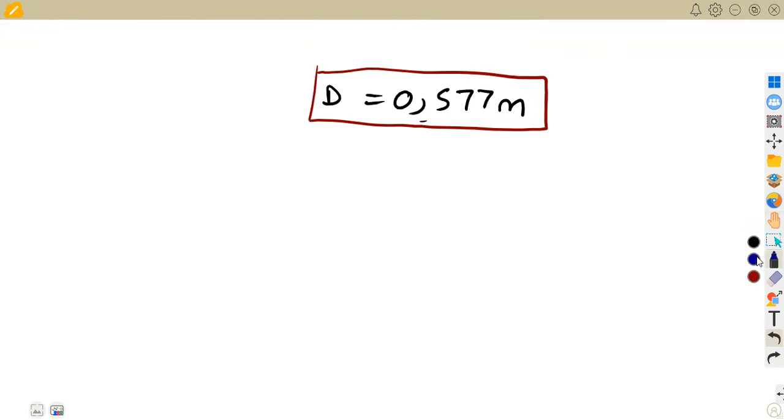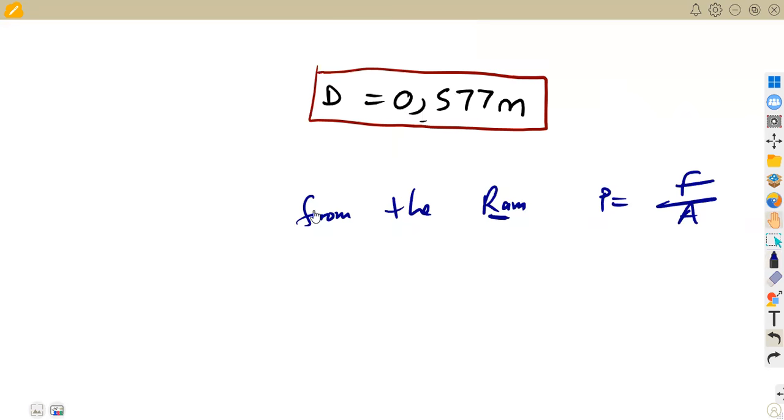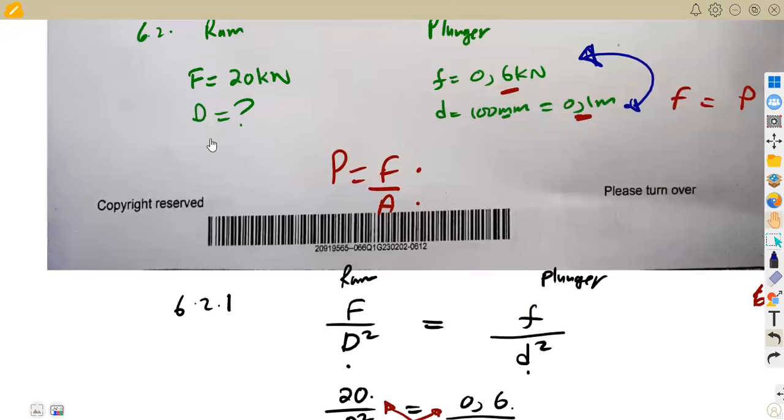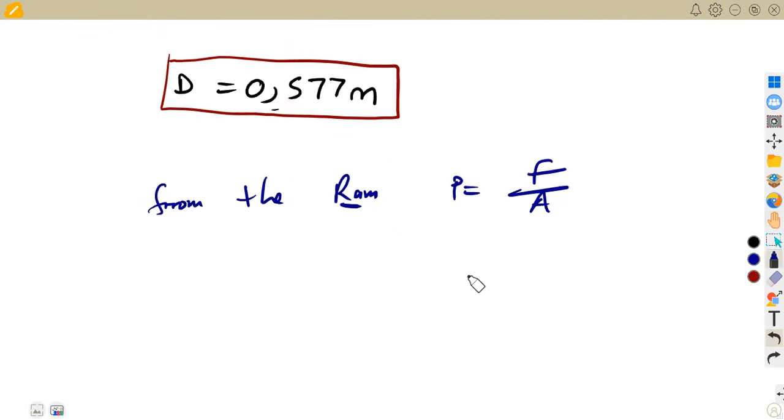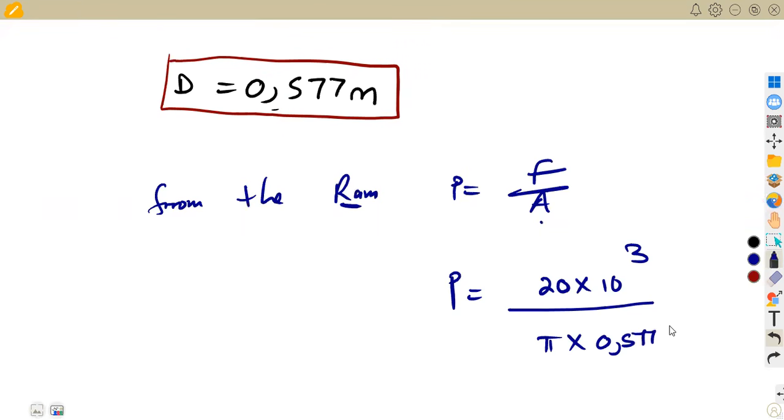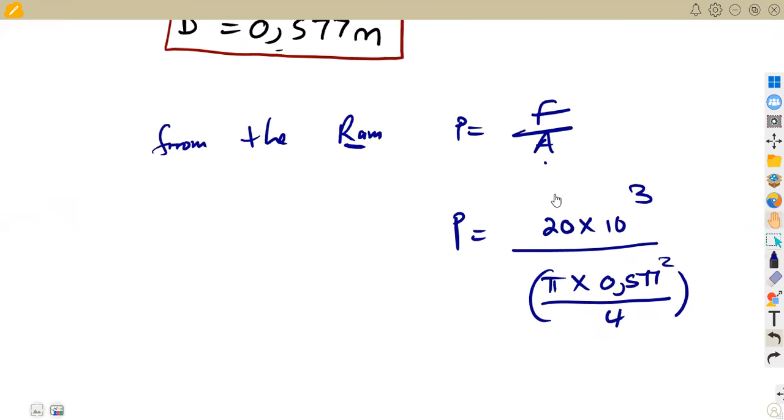If we are to consider the ram in this case, it means our pressure is going to be force over area, just like the previous part. We are going to use the force on the ram in this case. Remember, on the ram, the force is 20 kilonewton. So this is going to be 20 kilonewton here, which is our pressure. 20 times 10 to the exponent of 3 over the area, which is pi d squared over 4. So it's going to be pi times the diameter of 0.577 squared over 4. So like I said, since you are using a rounded off value, you're not going to obtain exact answers,